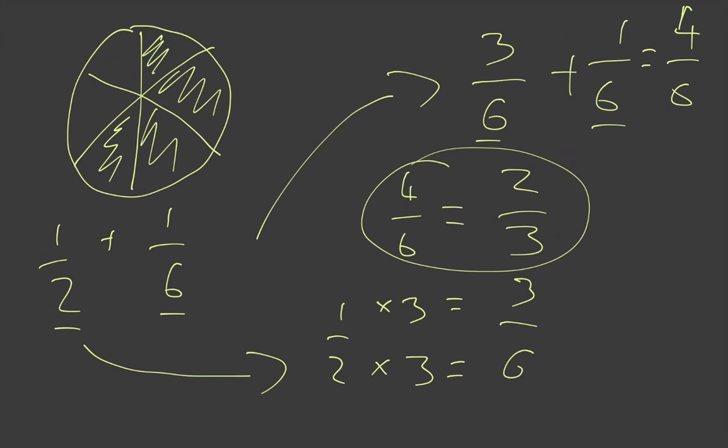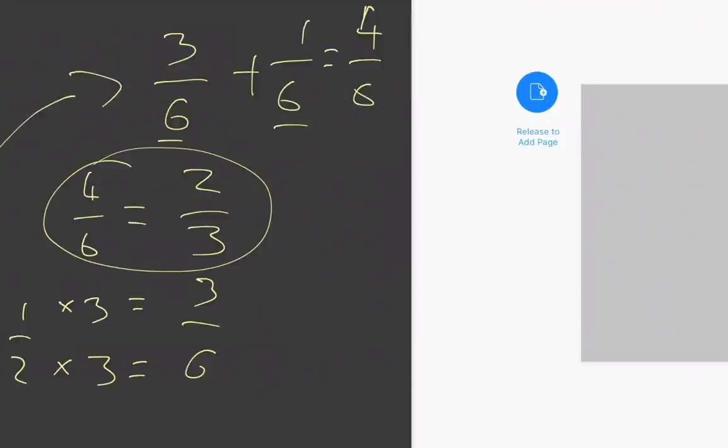So now let's have a look at one more example. Let's say we have 2 over 11 plus 1 over 2. So once again, we need to find out what the lowest common multiple of these two numbers are. And because 11 isn't in the 2 times table, we need to find a way to figure this out. If we're put in this situation where one of the denominators isn't in the times table of the other, what we'll do is we will multiply them together. So I'm going to multiply both of the denominators. So I'm going to have 11 times 2